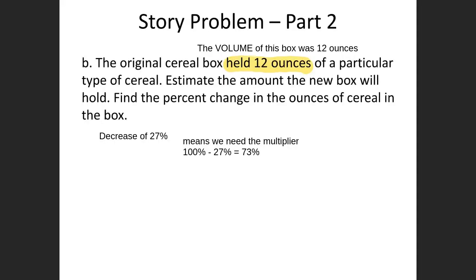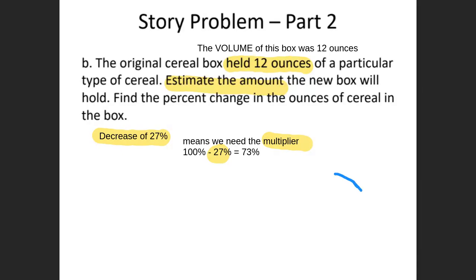We found in A the fact that we had a decrease of 27%. To answer and get the new volume, we have to get the multiplier, old stuff. 100 minus 27. Minus because we're decreasing. Now, take 73%